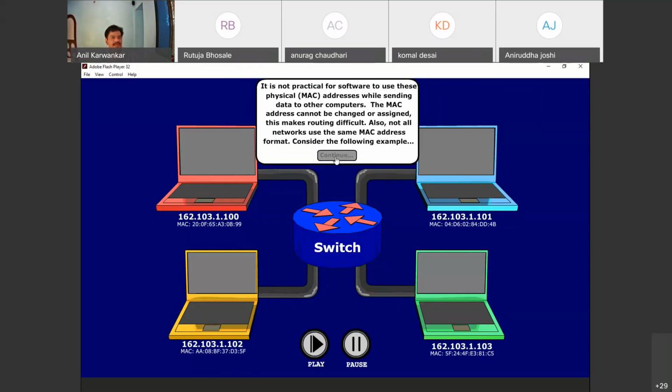It's not practical for software to use these physical MAC addresses. The MAC addresses cannot be changed. They are permanently assigned, but the IP addresses can be assigned virtually. This particular demo I have already shown you. One important thing that is remaining is